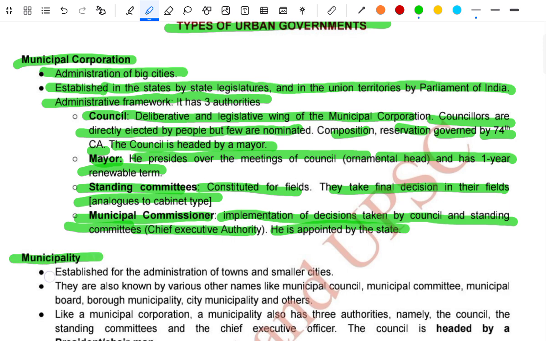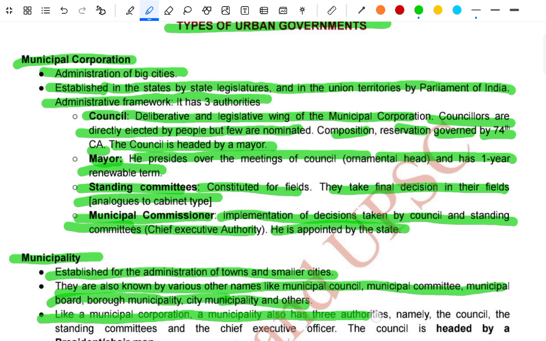Municipalities are established for the administration of towns and smaller cities. They are also known by various other names like municipal council, municipal committee, municipal board, and city municipalities. Like the municipal corporation, the municipality also has three authorities, namely the council, the standing committee, and the chief executive officer. The council is headed by